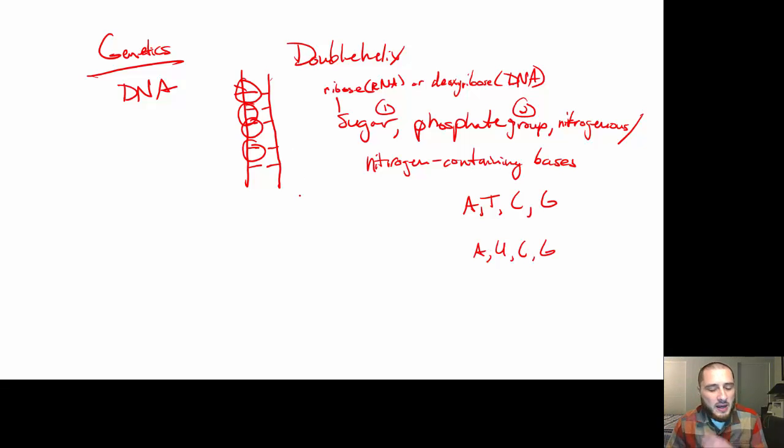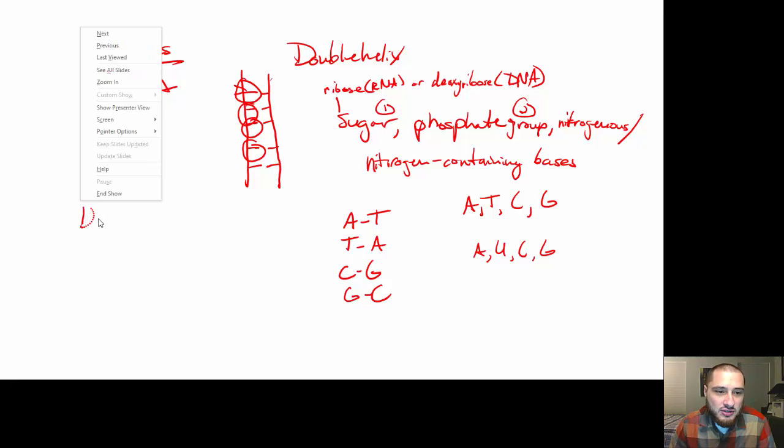And remember, when we talk about complementary base pairing, the way that they come together, we know that if one side of the ladder has an A, the other side has a T. If one side has a T, the other side has an A. One side has a C, the other side has a G. And if one side has a G, the other side has a C. And the same thing goes for RNA. If we are going to take a code, we can either duplicate or replicate the DNA. All right, so DNA replication